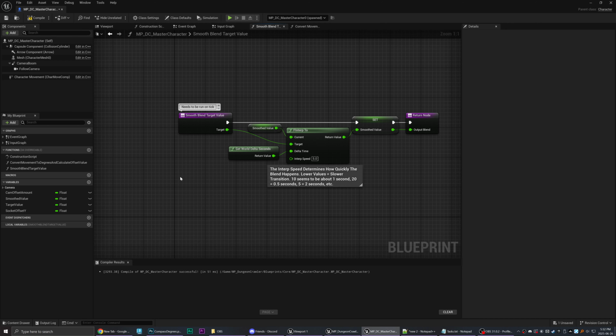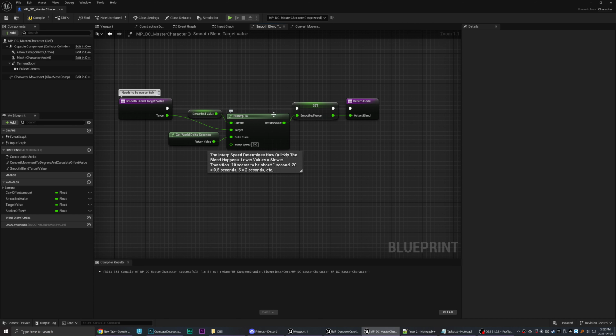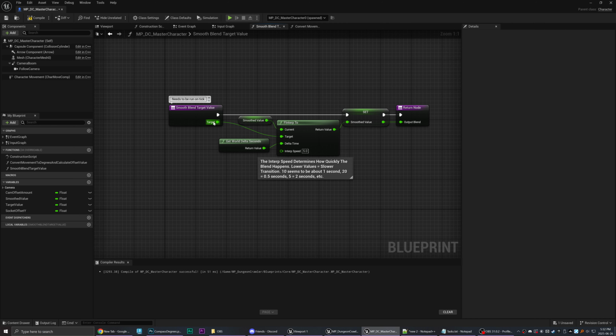So if we look at the smooth blend target, here's the target, and this is the finterp node. So this is taking in the value of our degrees for the direction, so basically anywhere between 0 and 135. And we're setting that as our target value.